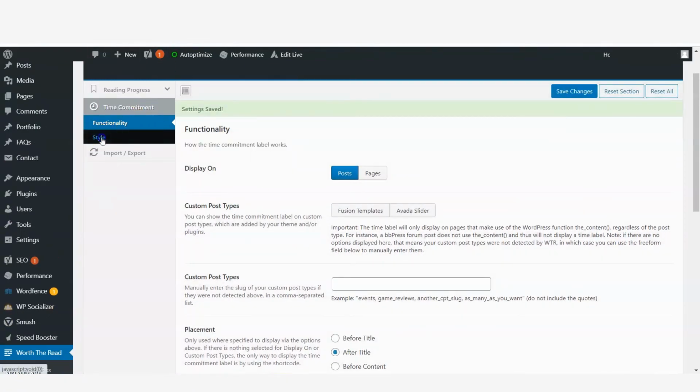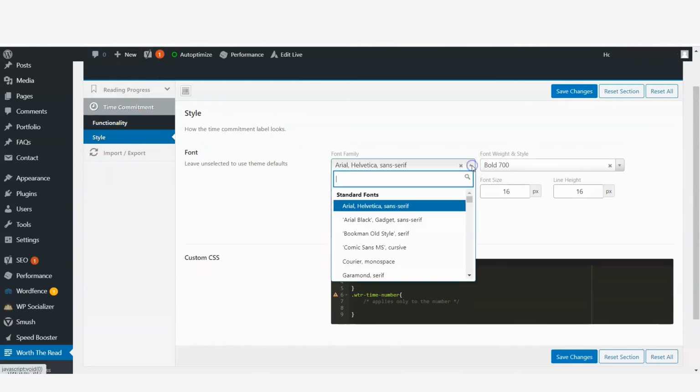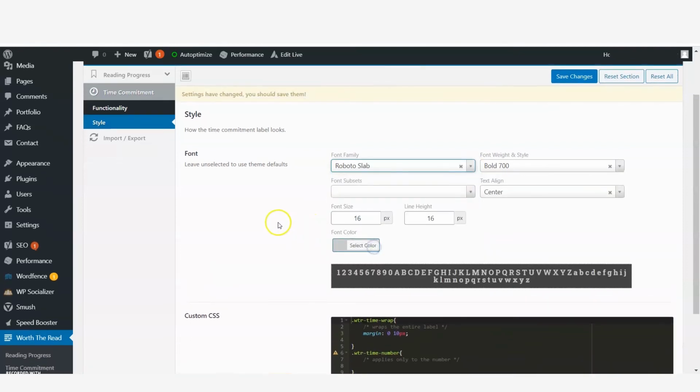Then let's go to style and we will just format our text. Choose whatever font you want. I will just use Roboto Slab and I will just have font size as 18 pixels and line height 20.